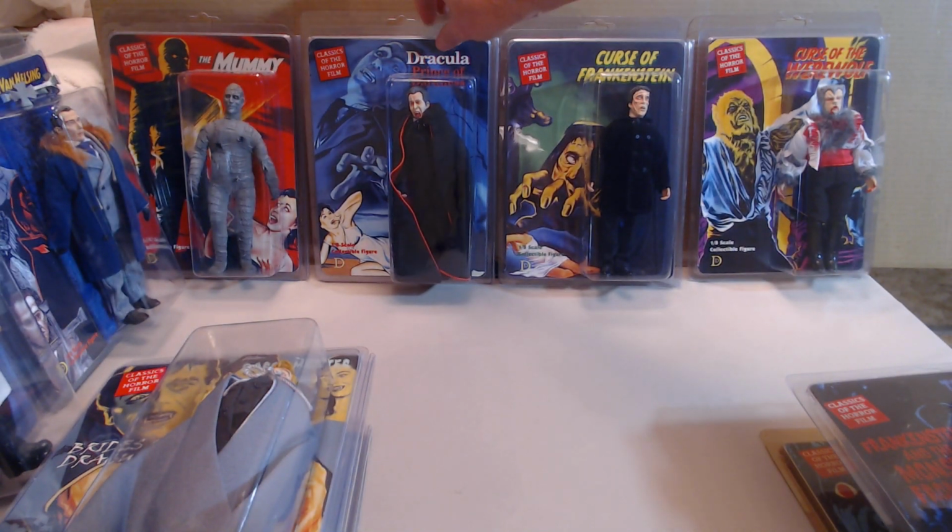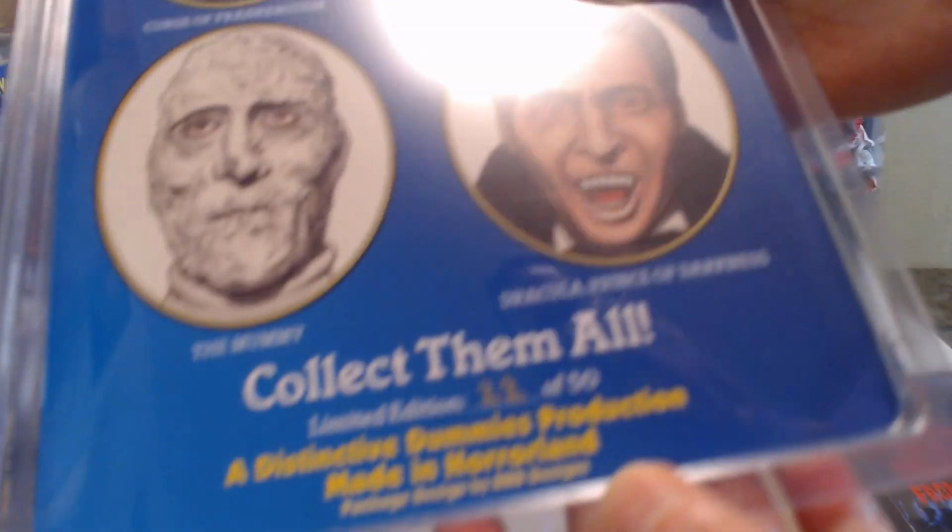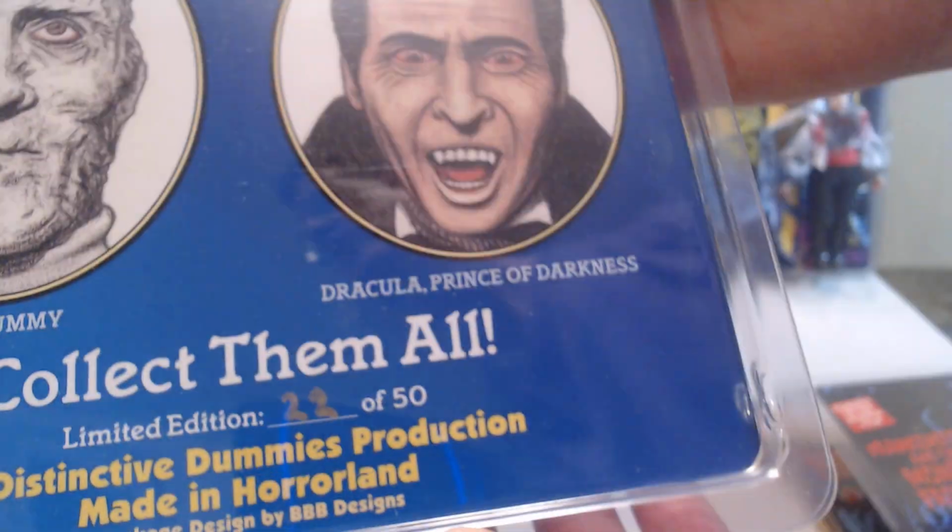After this video, I'll probably put a piece of clear tape on that edge there. I don't think I showed, maybe I did. That one's 22 of 50. Anyway,